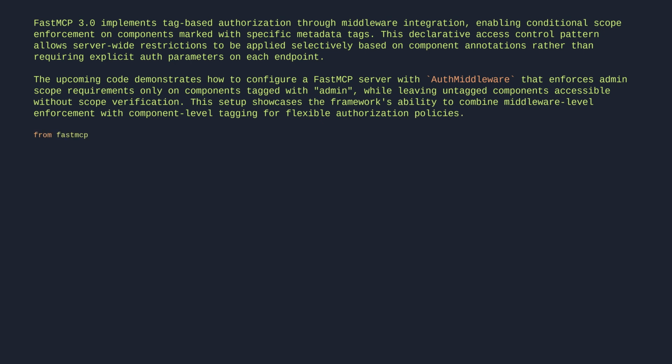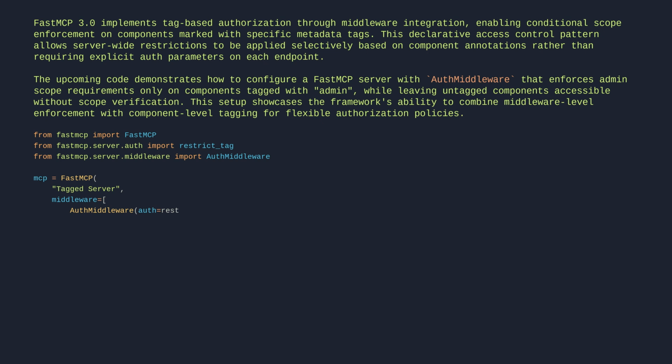From fastmcp import FastMCP. From fastmcp.server.auth import restrict_tag. From fastmcp.server.middleware import AuthMiddleware. mcp = FastMCP("Tagged Server"). middleware = AuthMiddleware(auth=restrict_tag("admin", scopes=["admin"])). @mcp.tool(tags={"admin"})